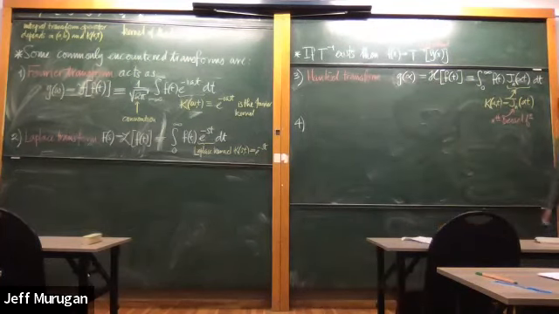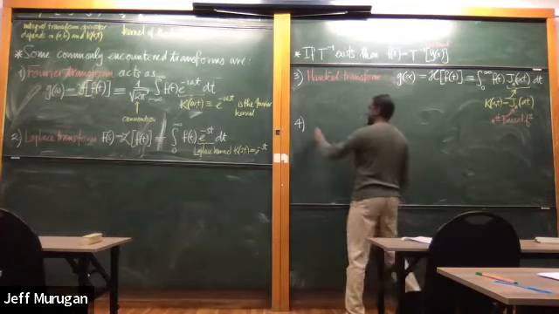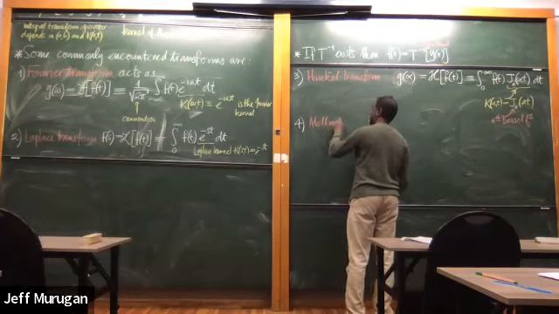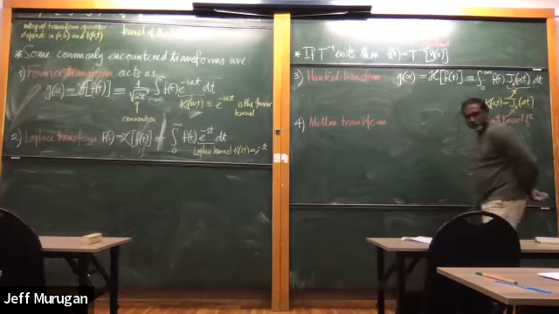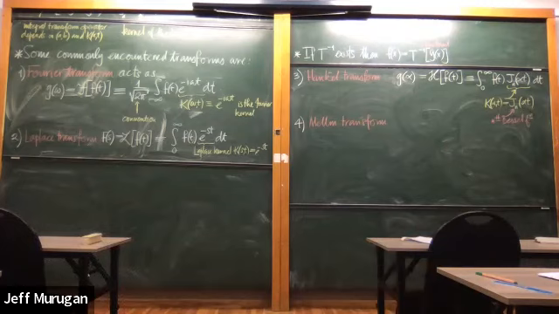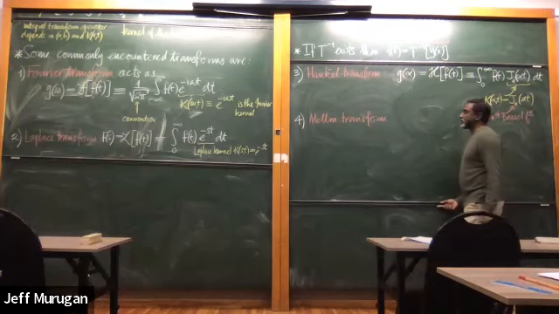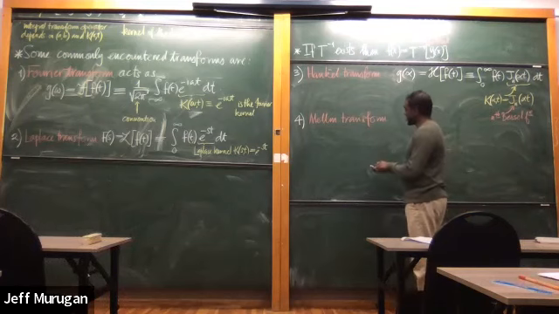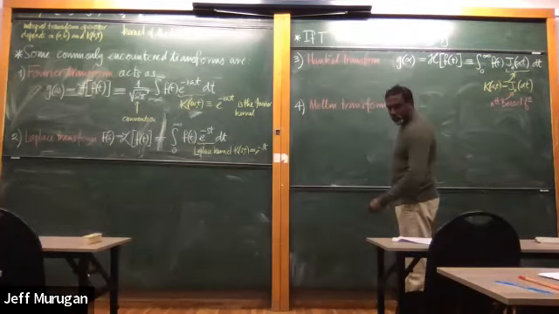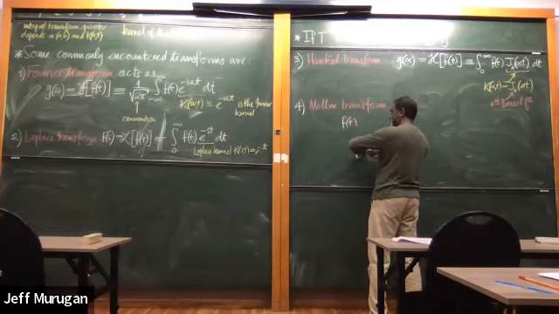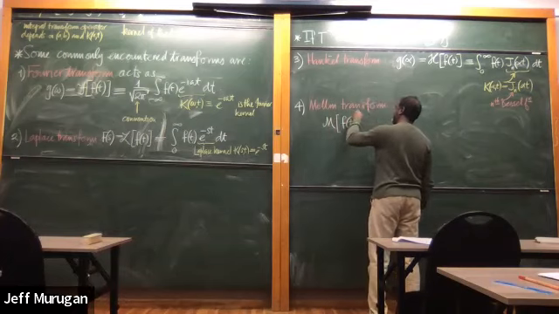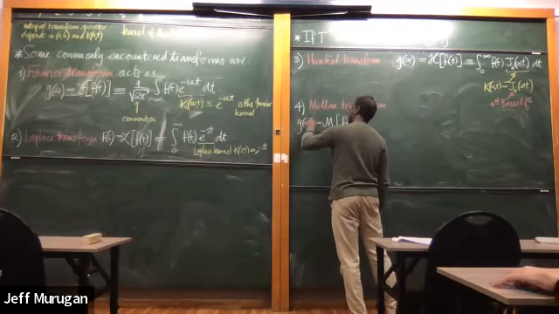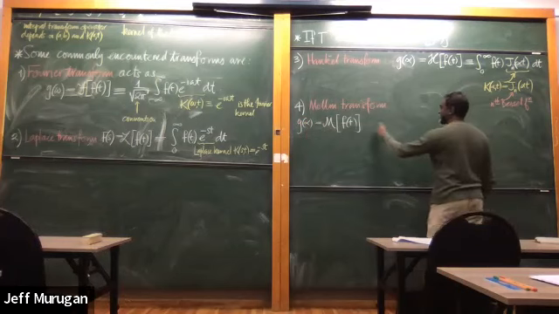And finally on my list is the so-called Mellin transform. Mellin transforms are very useful in conformal field theory and partial field theory more generally, but specifically in the branch of what the field theory is called conformal field theory, where given some function f of t, the Mellin transform of f of t is called g of alpha, and this g of alpha is defined to be